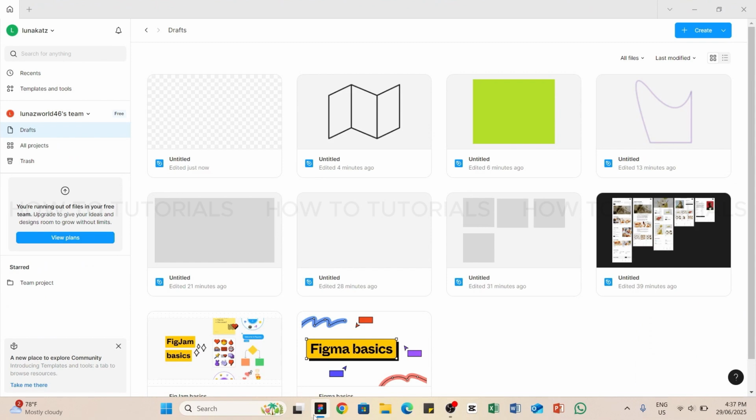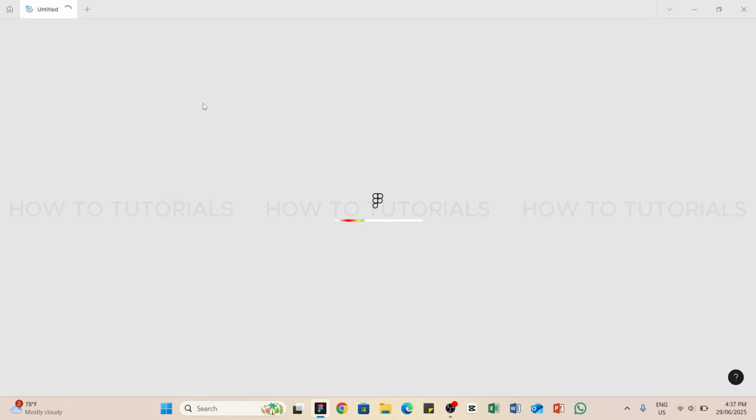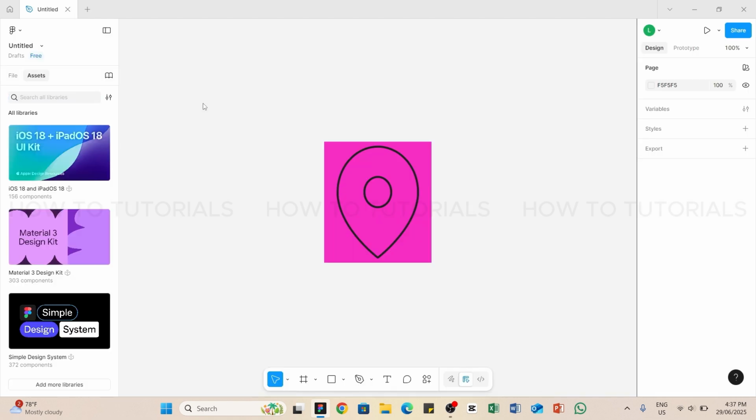Now from here, you will need to select any one of your drafts that you would like to export. Simply double click on it and then you will be taken to the editing space. Wait until the page loads, and once it loads, here at the right side, you will be able to locate